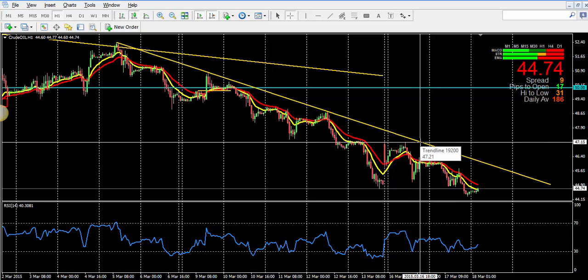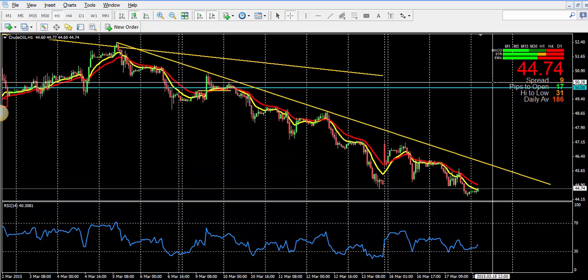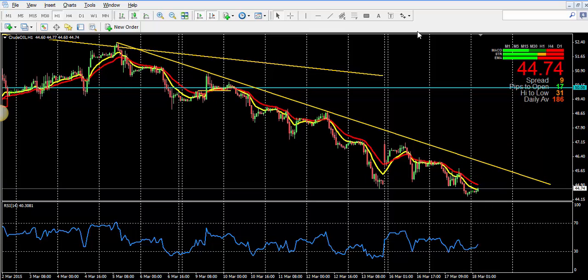It's best to put your buy stops above these levels to continue the trend towards the upside. Let me draw it for you just to give you an idea. Previous day's high, the day before it,